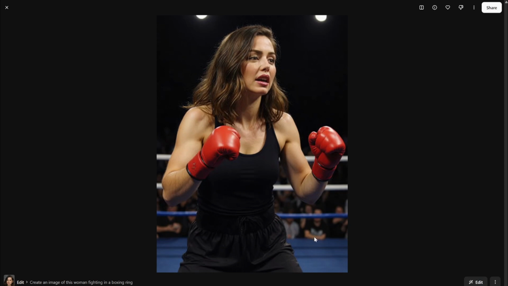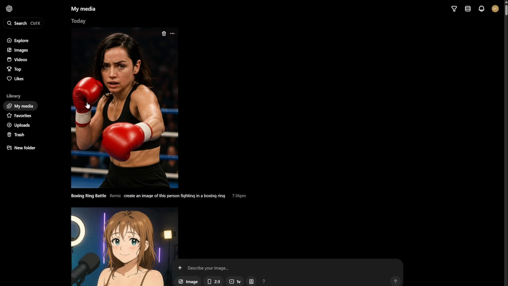And here you can see this is a pretty decent image, and when it comes to the face and everything it is good, but you can see there are some problems with this image. One of them is the boxing gloves, we cannot see fingers like this. As much as I know, it looks more like a normal thick glove rather than a boxing glove. So I don't know whether you can see fingers separately, but this one, if you look at it,